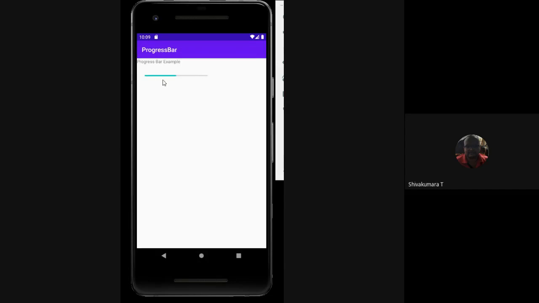Okay, this is the design of the progress bar. Now you want to handle that. The GUI is designed, now you require to handle that.